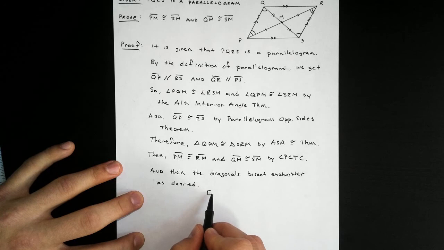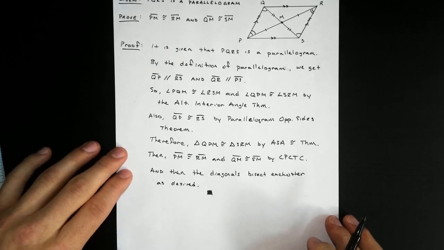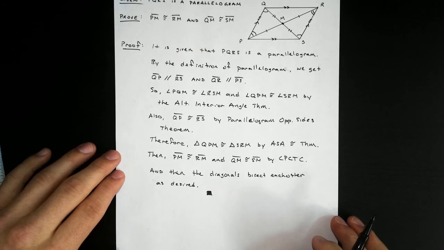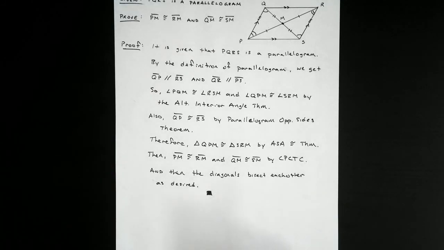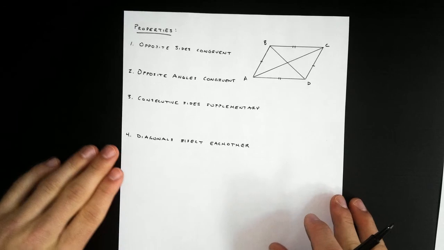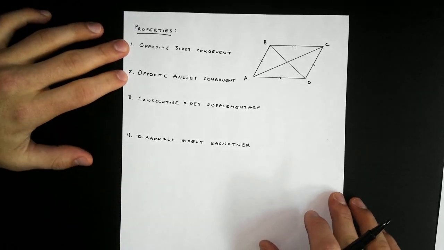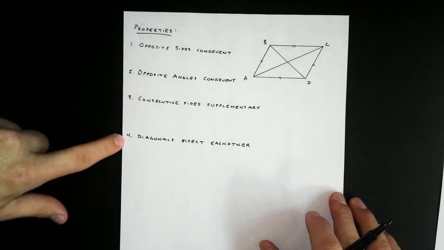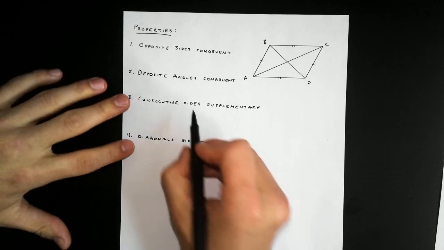And that's it. So once again, using congruent triangles, show that the triangles are congruent, and then use the corresponding parts. We can prove another property of parallelograms. So that gives us a total of 4 different properties, which I'm going to summarize just really quick. So we were able to prove these first two in another video, and then this last one we just proved, and this last one,